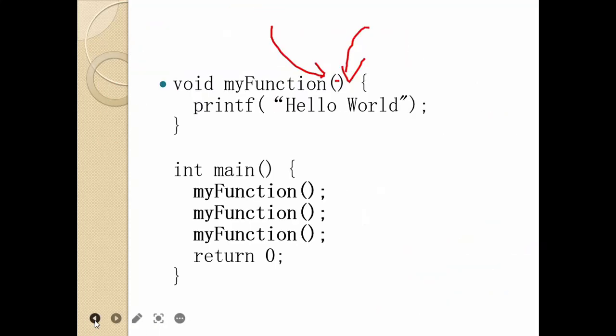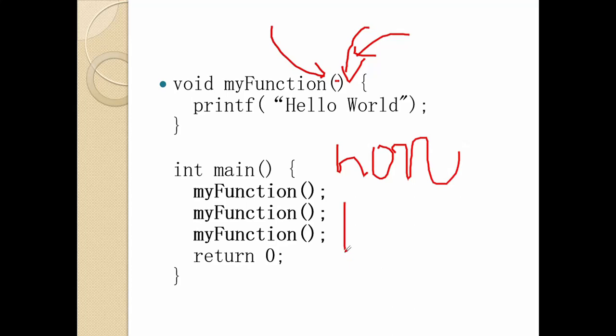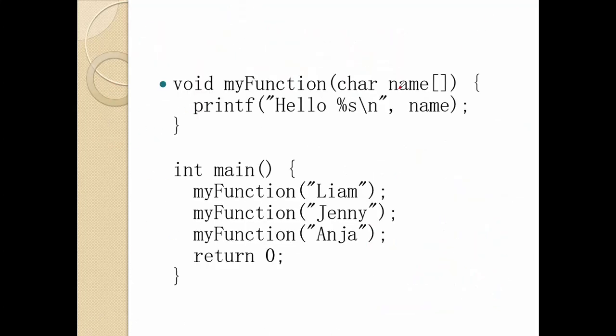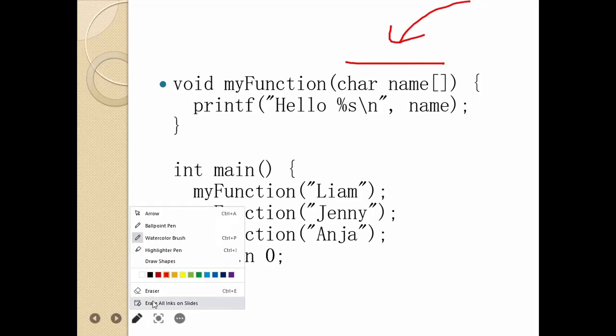So this was a non-parameterized function because we didn't have any parameter here. It is without any parameter, so we will call it a non-parameterized function. This is non-parameterized and this is parameterized because we have something inside this bracket. We can see something. So because of this, we can say that this is a parameterized function. So what is this actually? If we look closely, then